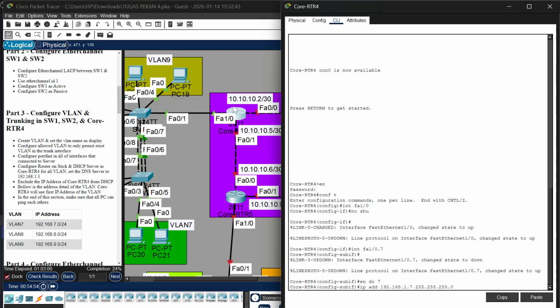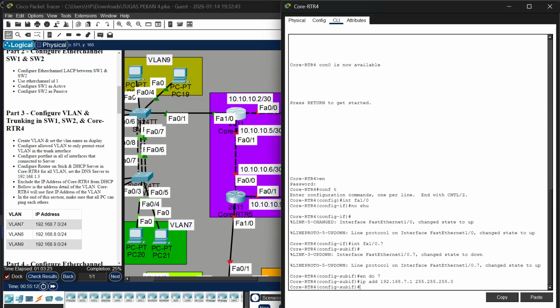Sorry, I forgot about this thing, because this is the IP address for the gateway. Enter,